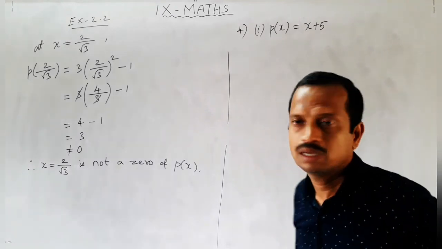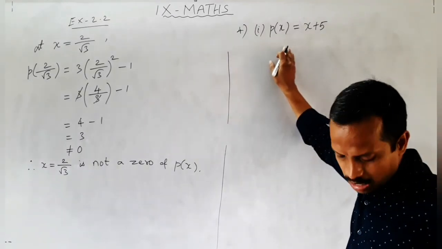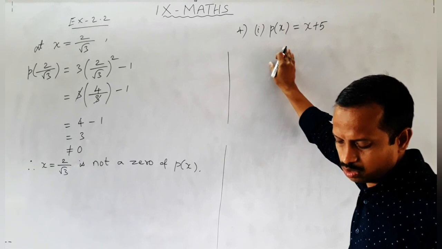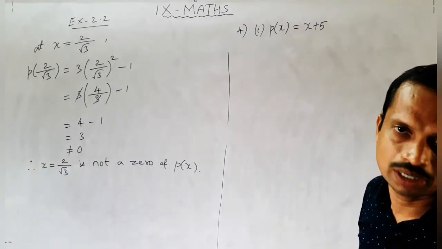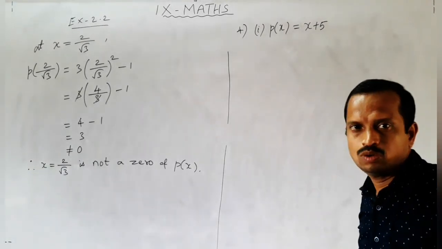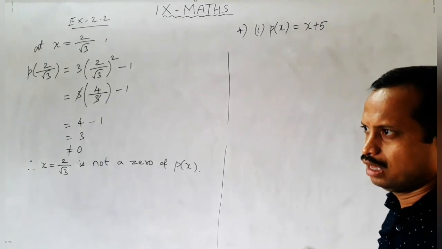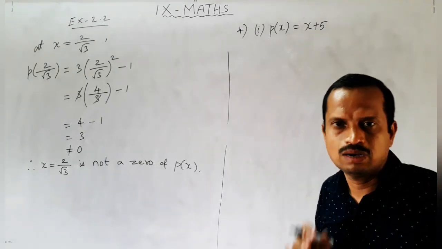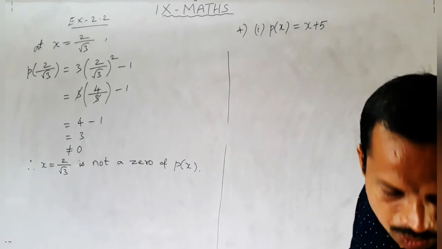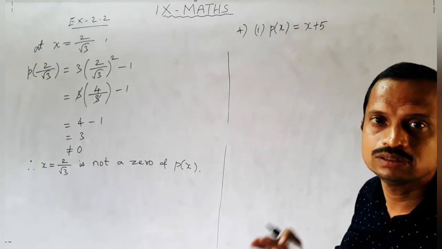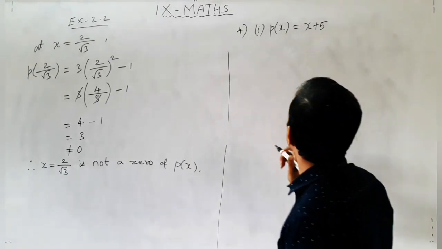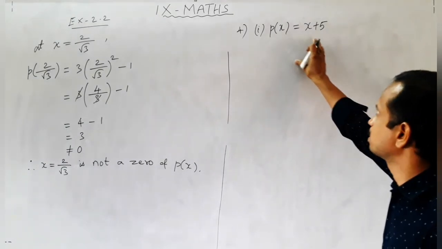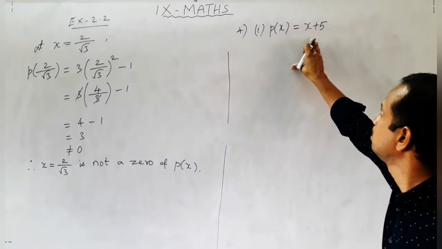So what are they asking? They have given the polynomial and they are asking to find the zero of the polynomial in each case. How to find the zero? In the very beginning, I gave an example of how to find it. There is one step for finding the zero of the given polynomial. So this you know, directly we can say, it is a very simple polynomial.